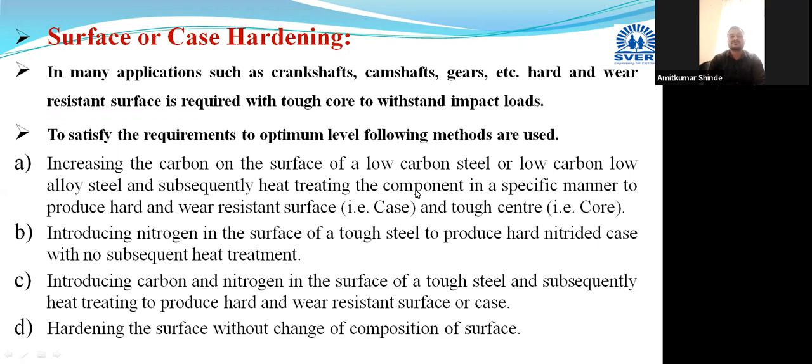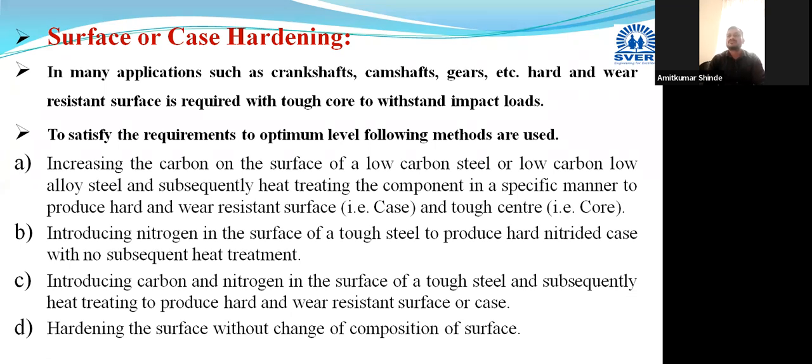After that we discussed the meaning of retained austenite, the effects of retained austenite on the properties of steel, and how to remove it using different elimination methods. In that we discussed different elimination methods of retained austenite or untransformed austenite. We discussed three methods: cold treatment or sub-zero treatment, plastic deformation, and tempering. So this part we discussed in the previous session.